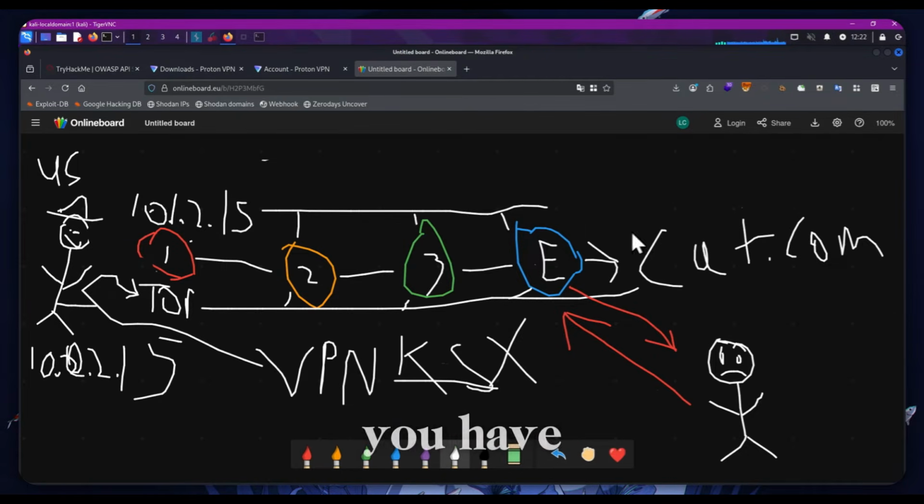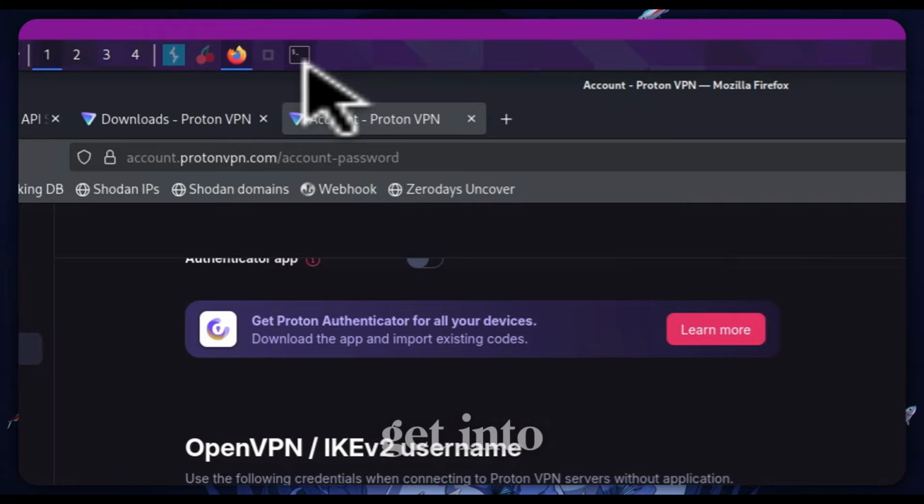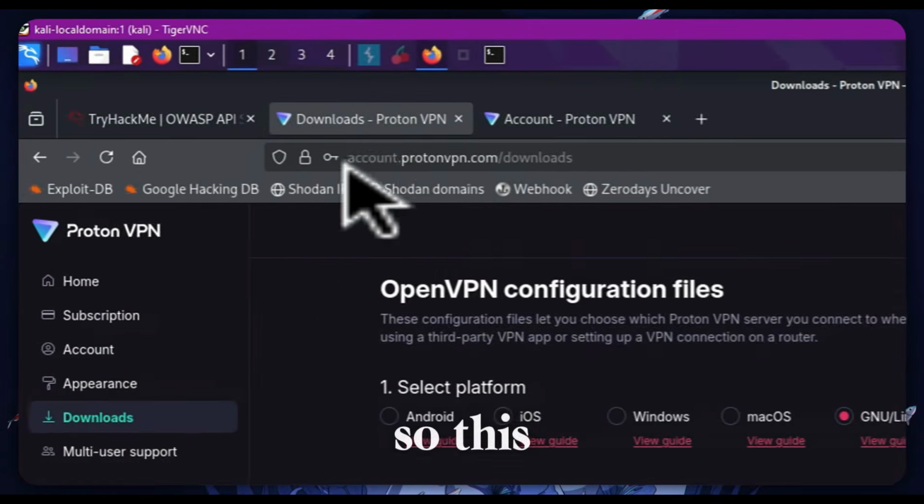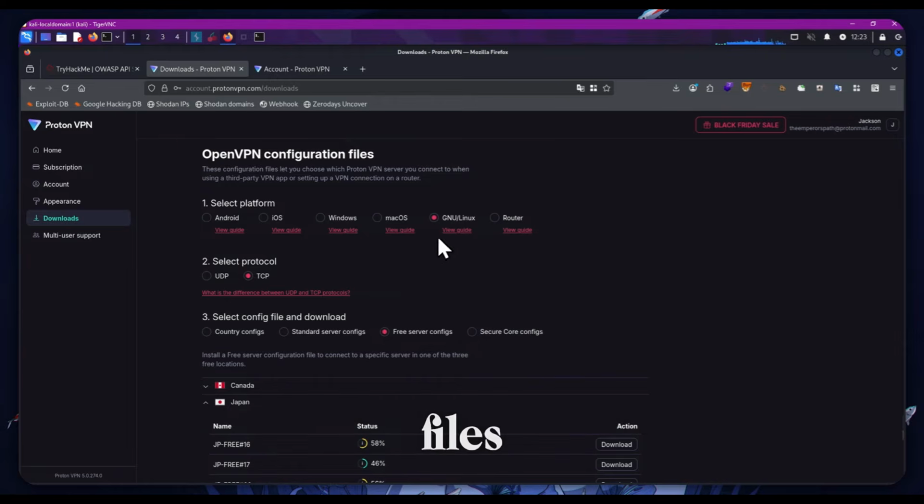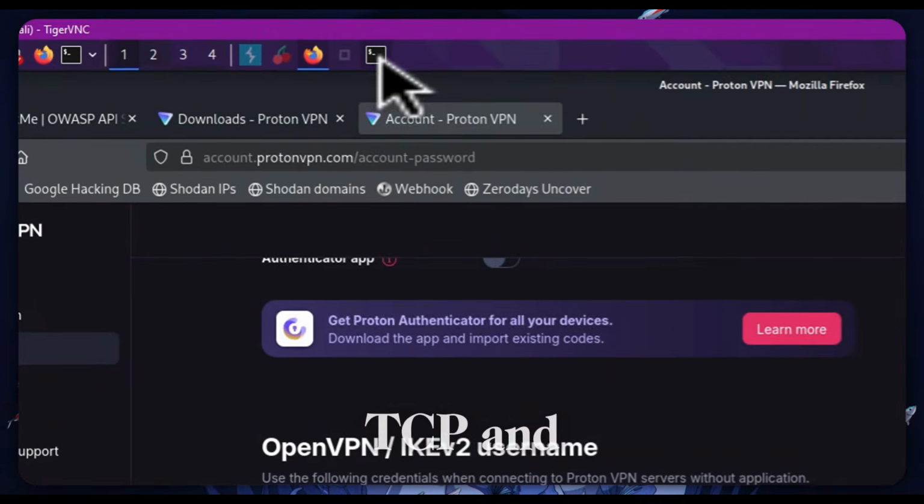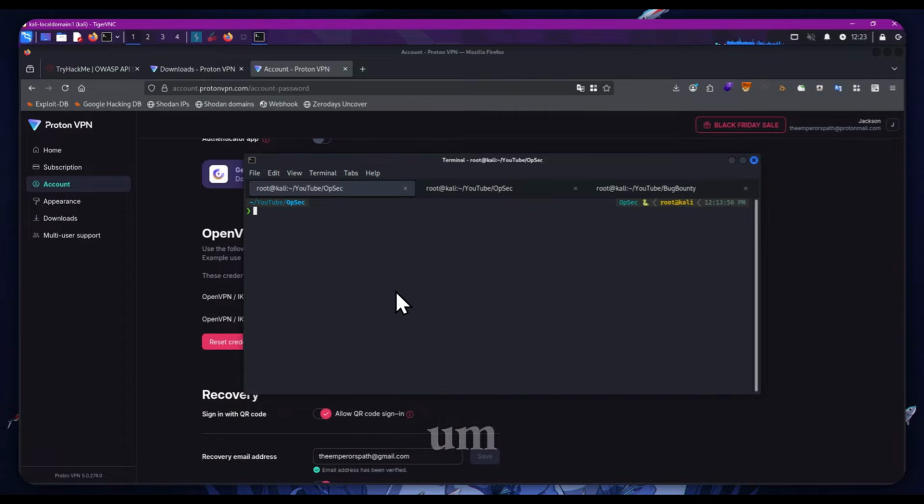All right, so now you have an understanding of this. Hopefully this all makes sense, and we're going to get into the setup. So this is assuming, again, you've downloaded your OpenVPN configuration files for Windows and for Linux, and you want it to be TCP. And the first step is we're going to use